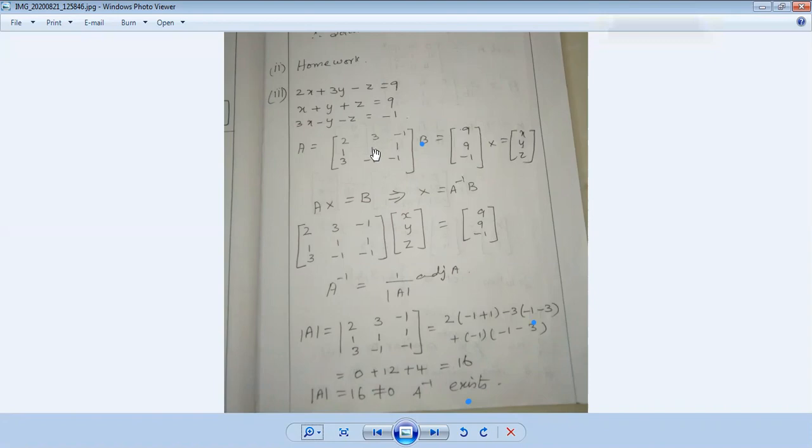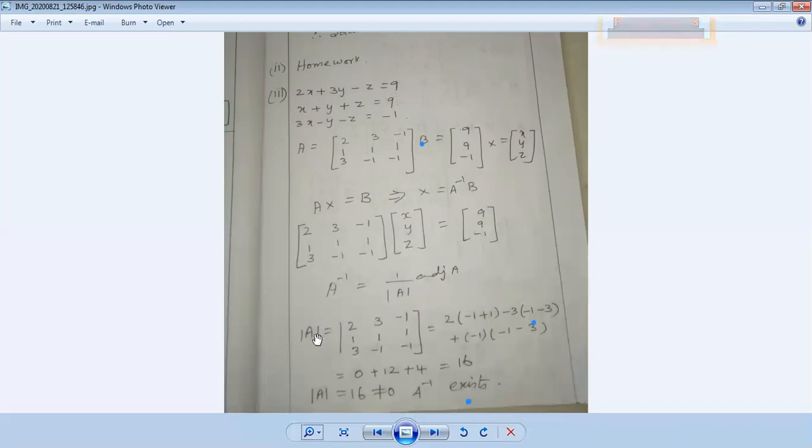Now this is in the form AX is equal to B. So first write down the A matrix, then the X matrix equal to the B matrix. So X is equal to A inverse B. Again the same method. You need not write these steps in the examination. Keep it in your mind, but write down first A inverse, then B. Our aim is to find A inverse. What is the formula? A inverse is 1 by determinant A into adjoint A.